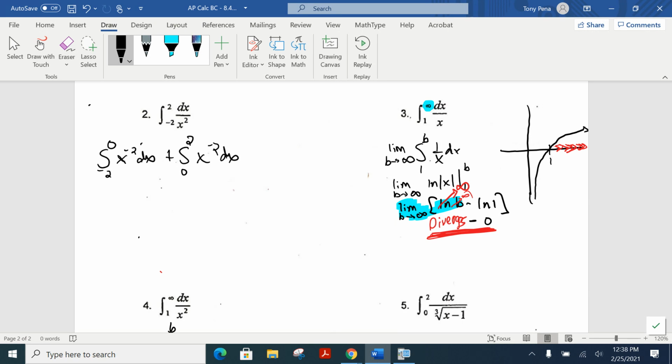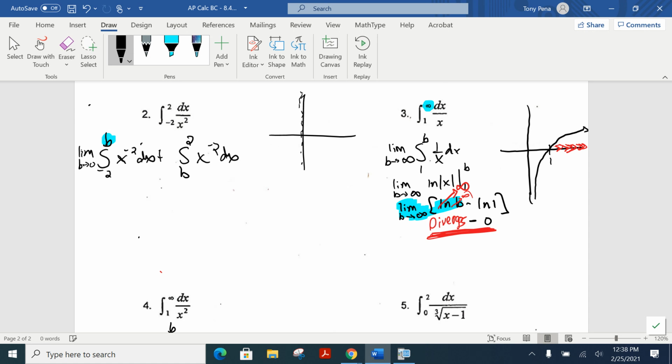Then what we need to do, I'm going to erase just because I'm lazy, and put this as your variable. So I'm going to say this is our b here. B is going to be the 0. When we figure out these limits now, think about what's happening. We have a vertical asymptote at x equals 0. So for this first one, we're going to want to figure out what happens as we approach from the left-hand side of b. We're to the left. So the limit that you're going to set up is the limit as b approaches